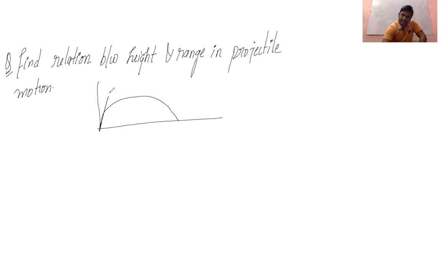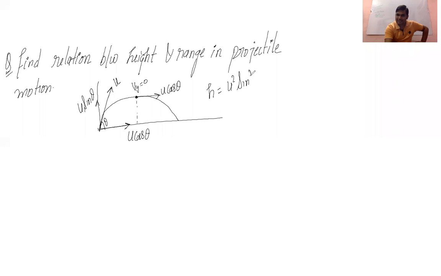This is the case of projectile motion. This is angle theta, and this is your u, and so this will be your u cos theta, and this is your u sin theta. We have already discussed, once the particle will reach here, the vertical component of velocity is 0, and the horizontal component of velocity will remain u cos theta. So at this point, this height will be your u square sin square theta upon 2g, and the range of the projectile